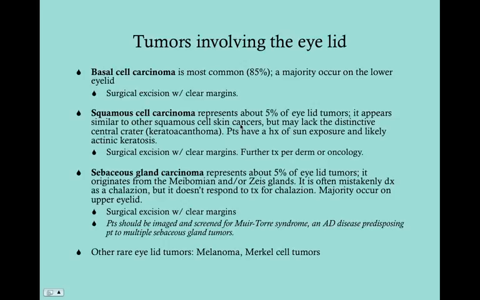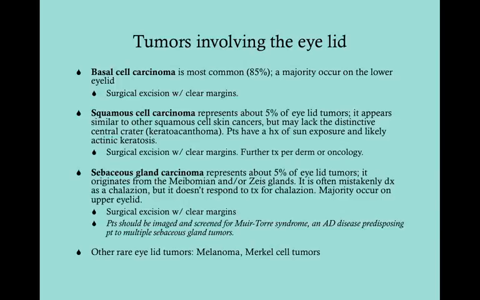Squamous cell carcinoma makes up about 5% of eyelid tumors. It appears similar to other squamous cell skin cancers, but in some cases it can lack that distinctive central crater that you see in squamous cell cancers, and that's known as a keratoacanthoma. And with any squamous cell carcinoma, the patients will typically have a history of excess sun exposure or possibly even a history of actinic keratosis. Surgical excision here is done as well with clear margins. That's a little bit more difficult to do. The squamous cell carcinoma doesn't have as nicely defined margins as the basal cell carcinoma,